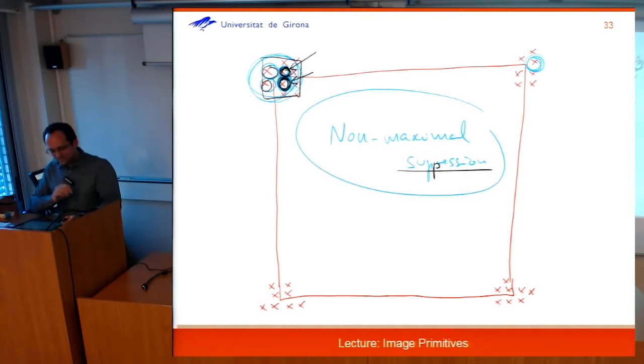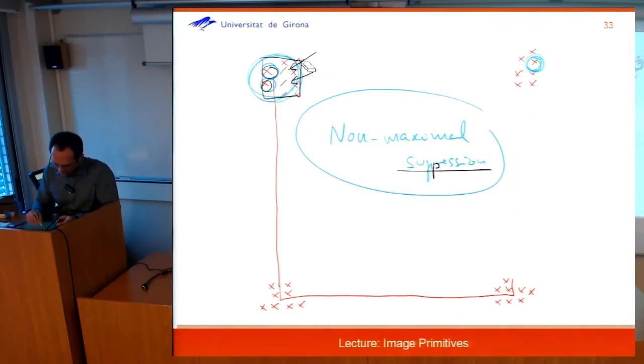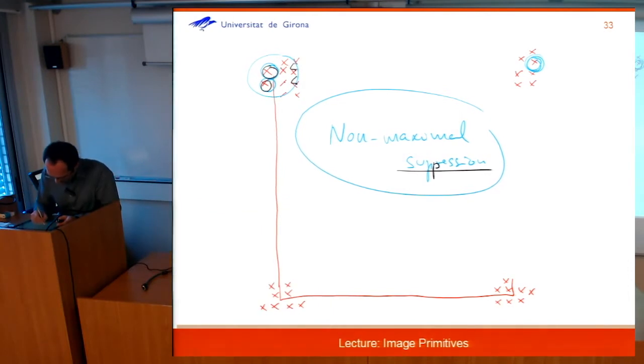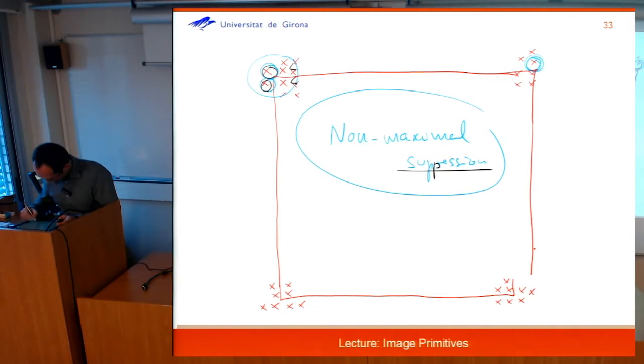That's right. Then what is going to happen if we use this non-maximal suppression? Then it's going to work out. Because what is going to happen is that we're just going to, well, I'm not sure how to delete this selectively, but what is going to happen is that I'm going to say, okay, for this,